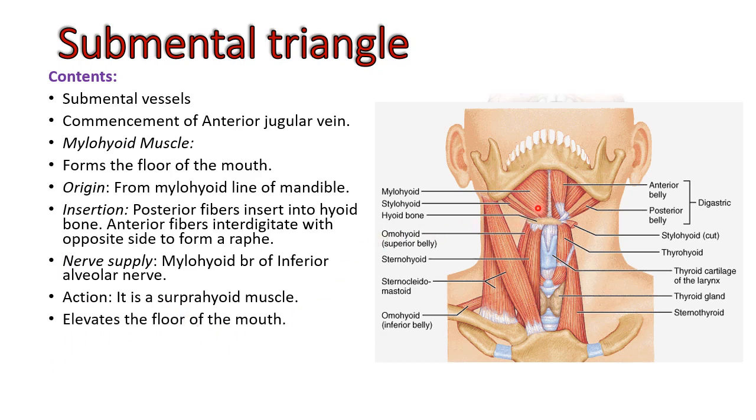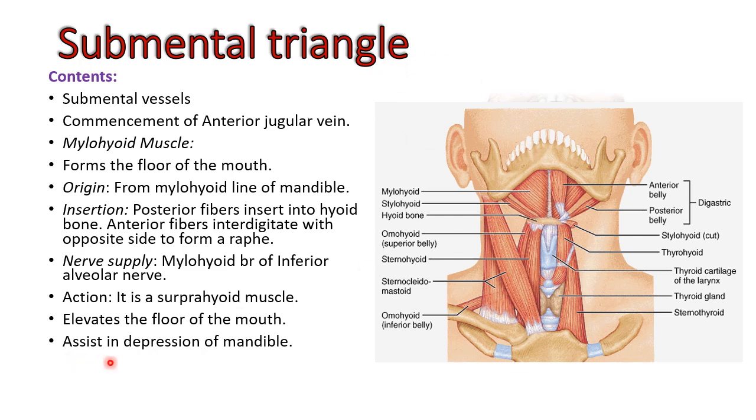When does it elevate? When the food passes to the posterior part of your tongue, between the dorsum of the tongue and the palate. During deglutition or swallowing, you can see the floor of the mouth is rising, thereby it pushes the bolus of the food backwards and helps in deglutition. So that is the action of the mylohyoid muscle,